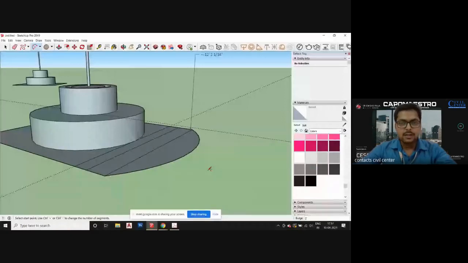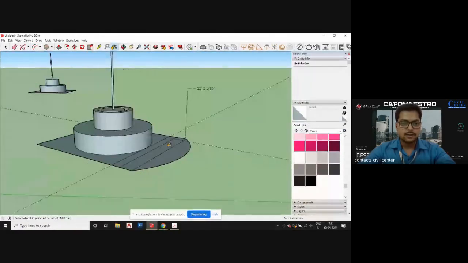Then go to the next option that is over here. So let's go to the paint bucket. Just keep your mouse over the paint bucket, and it will highlight the name.